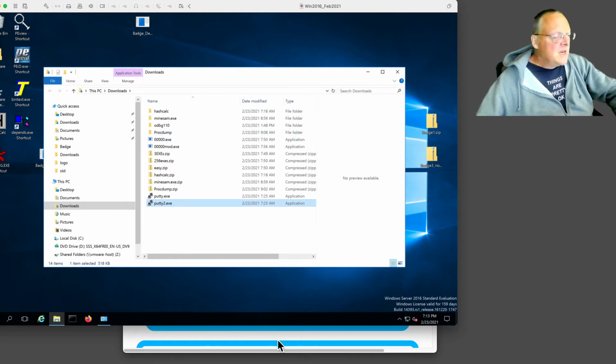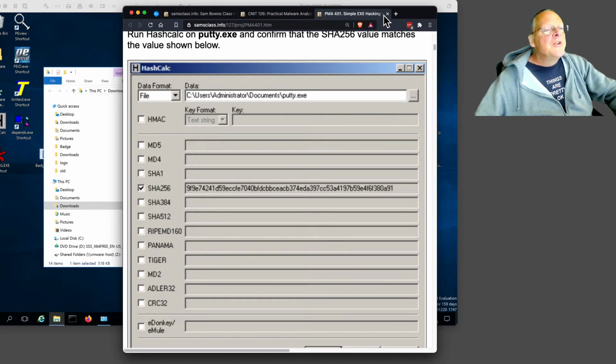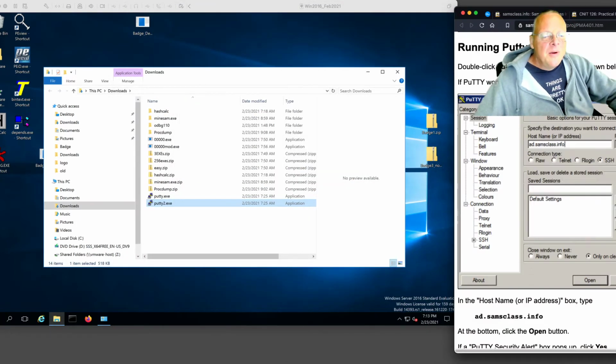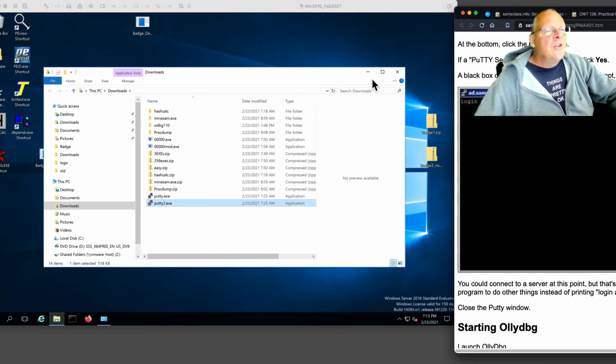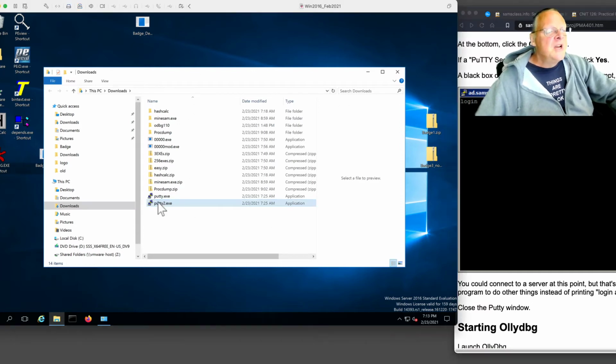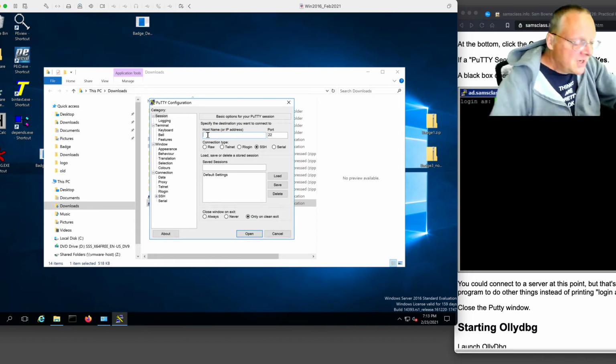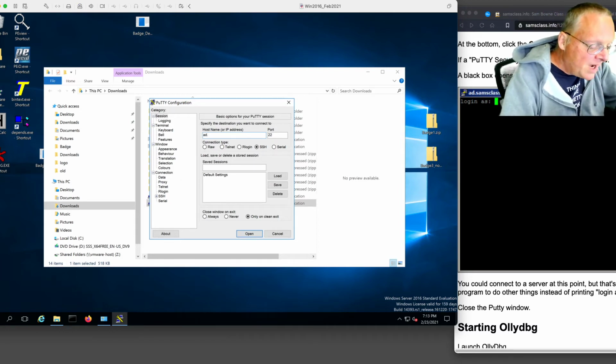Now, let me get my instructions and follow my path here. All right. So first we have to learn how Putty works. In case you haven't used Putty, it's a very common Windows utility. So I'll run Putty2. What it does is it lets you make an SSH connection to a server. So you can put in the name of a server. You can use any server. I just use one of mine,